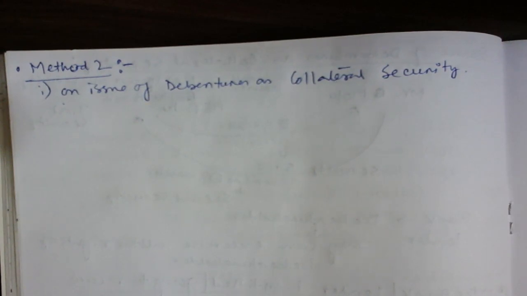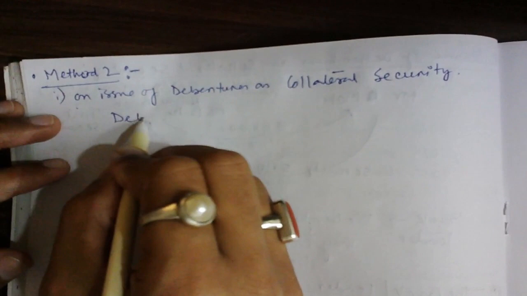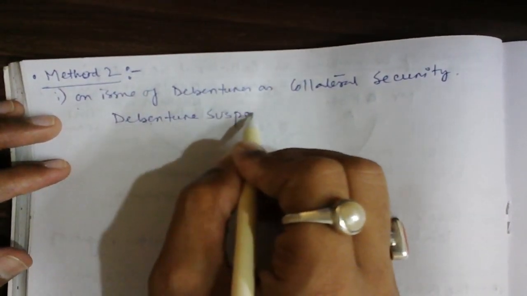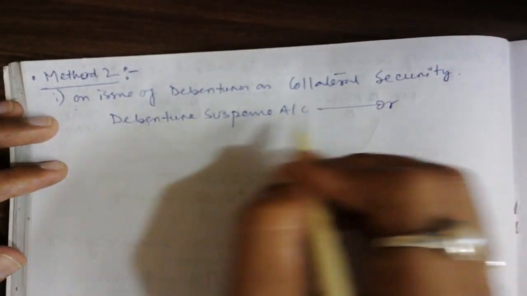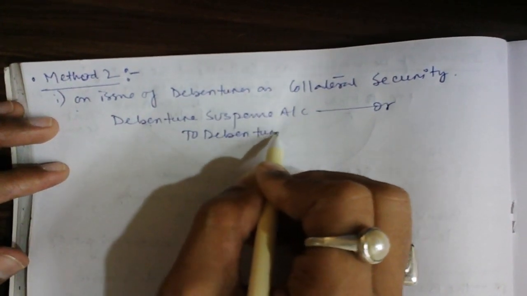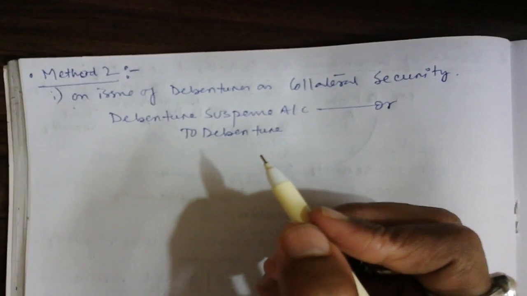Okay, कैसे एंट्री करना है एक बार देखिए, इसका एंट्री कैसे करना है दिखाते हैं। नंबर 1 सर, डिबेंचर सस्पेंस अकाउंट डेबिट टू डिबेंचर, ठीक है।